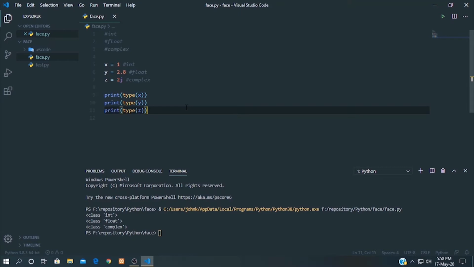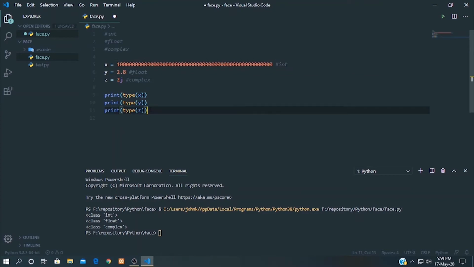Integer, short for int, is a whole number, positive or negative, without decimals, of unlimited length. So this is a whole number, it can be positive or negative. With unlimited length, that means we can go long with this as well.